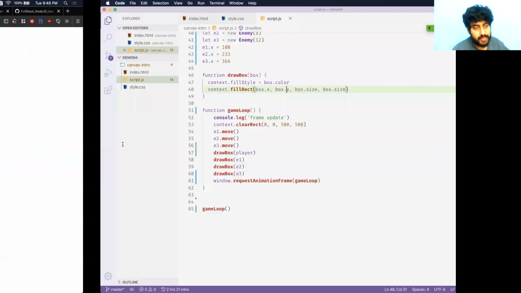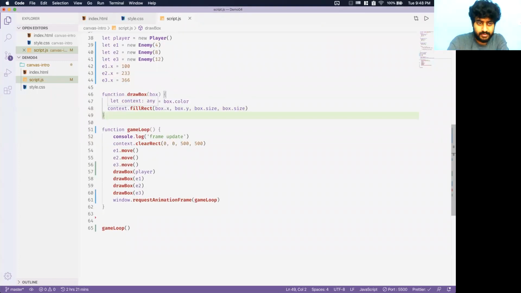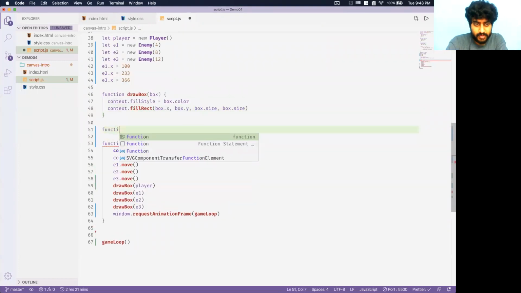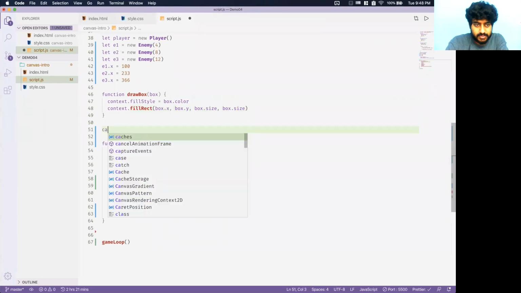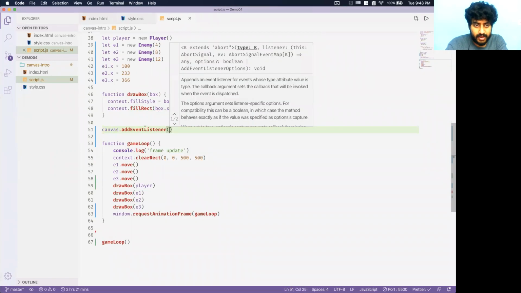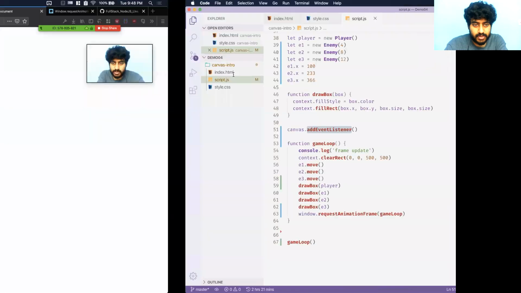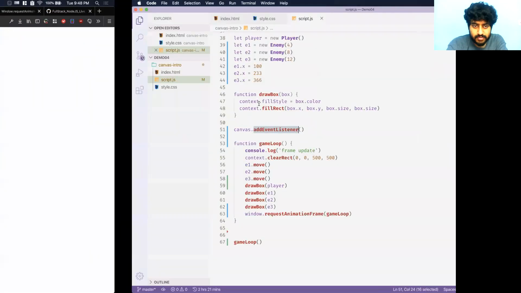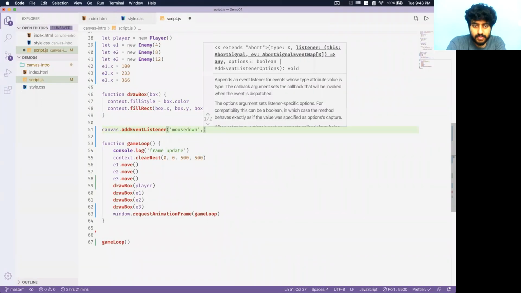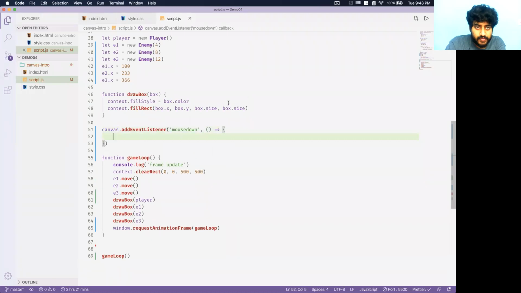Okay. So let's do canvas dot add event listener. There's this function called add event listener. What it does is it listens for events, and we can have an event called mouse down. And when we have the mouse down, what we will do is, so